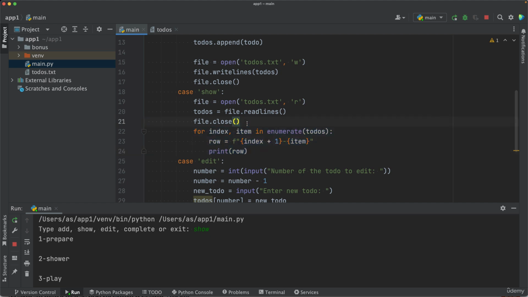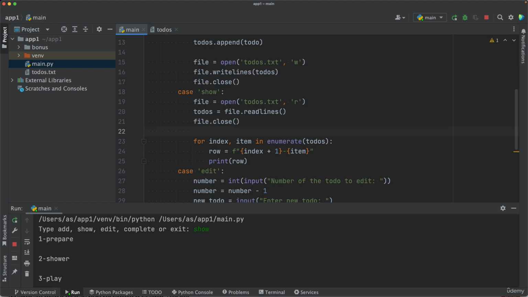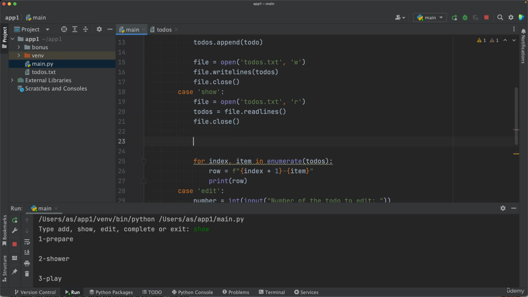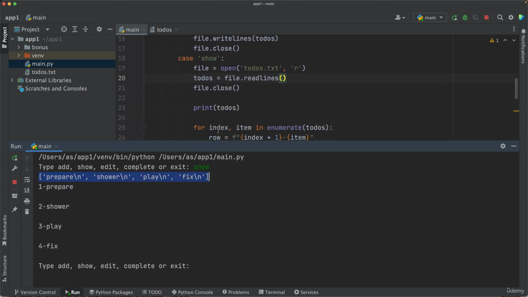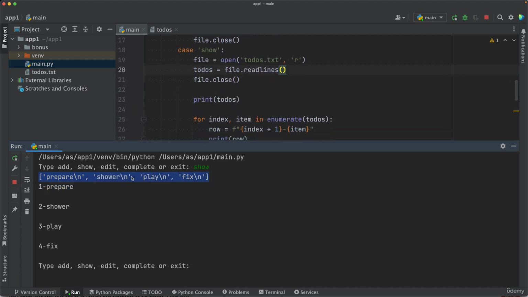But now a solution we could think about is to remove the \n characters from the list, because currently if we print out the list here, we execute the program again, and we press show, you're going to see the print function that I've just added. So that print function produces that list. So the list has these \n characters,